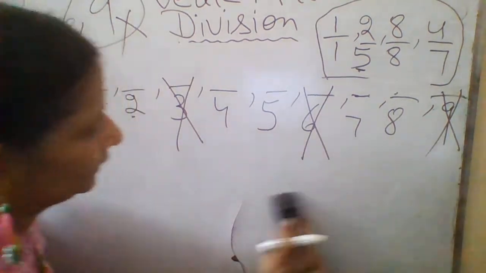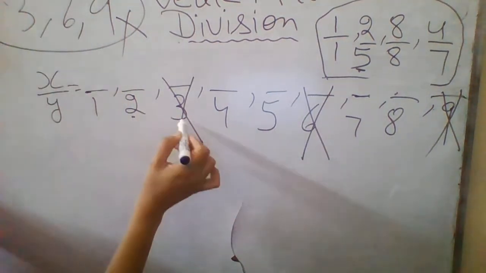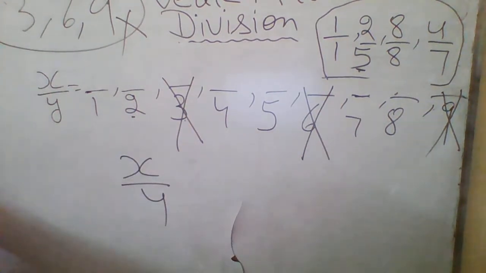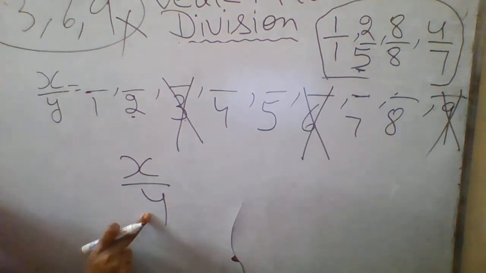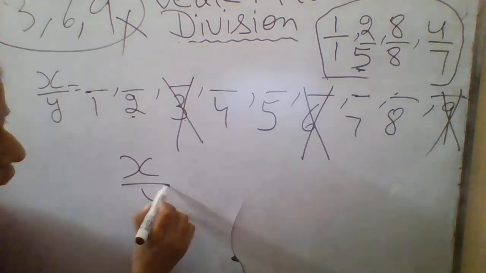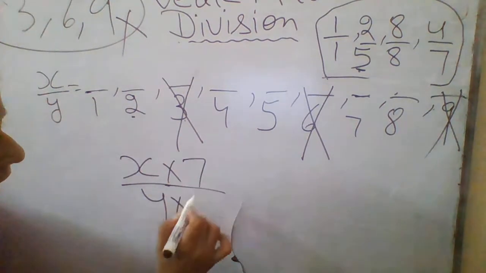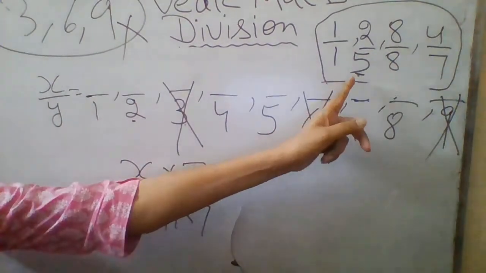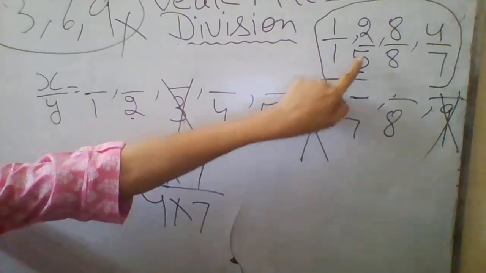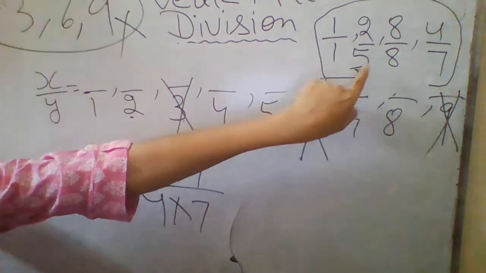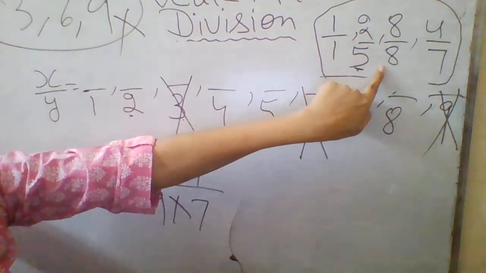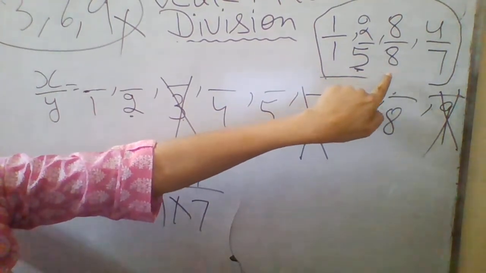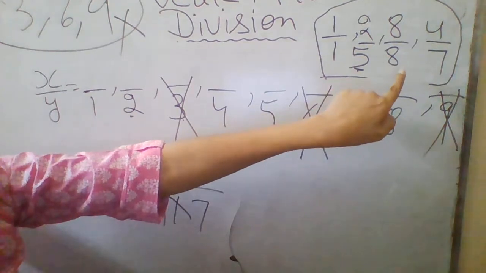Now see, the next example I am going to take with you. I am not doing 3, I am taking x upon 4. How can you convert this 4 into 1? If you multiply the numerator and denominator by 7, why are we multiplying by 7? Already I have written here, if you have got 2, you multiply it by 5. If you got 8, you multiply it by 8. Because 2 5s are 10, you got 10 here. 8 8s is 64, so 6 plus 4 is equal to 10. So you will get 10 here.